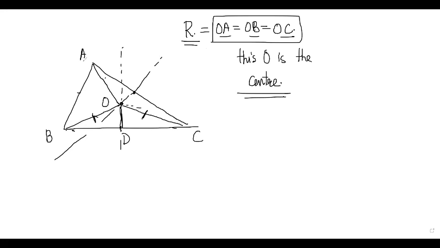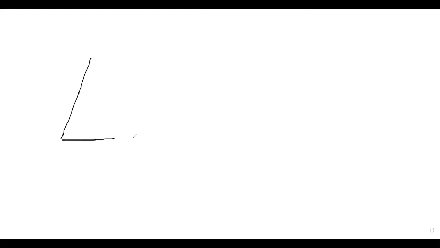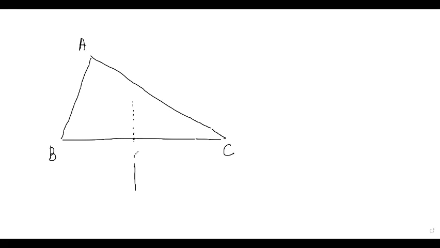So I will draw a new figure and we'll see what sine rule is. So we'll say this is my triangle A, B, C. Now in this triangle, let's say I draw one perpendicular bisector here. This is 90, this is half, this is half, and one more perpendicular bisector here, and this point is O.